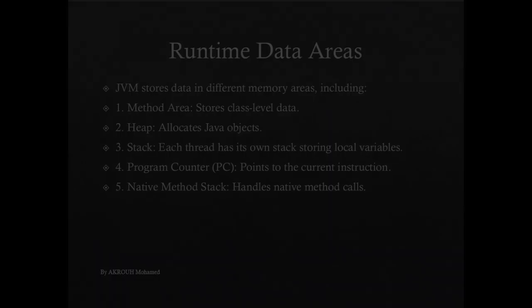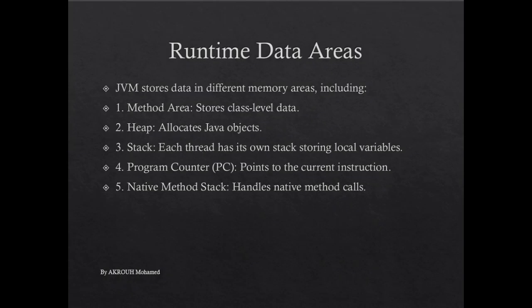Now let's move on to the runtime data areas, the regions in memory where the JVM stores data like variables, objects, and methods. These data areas include the method area, where class-level data such as fields, methods, and the constant pool are stored; the heap, where Java objects and instance variables are allocated at runtime;